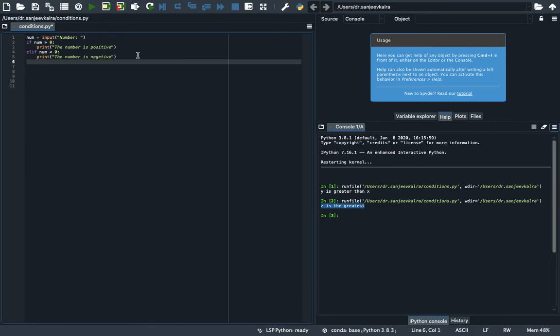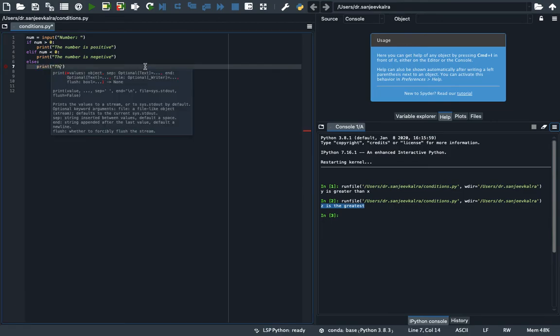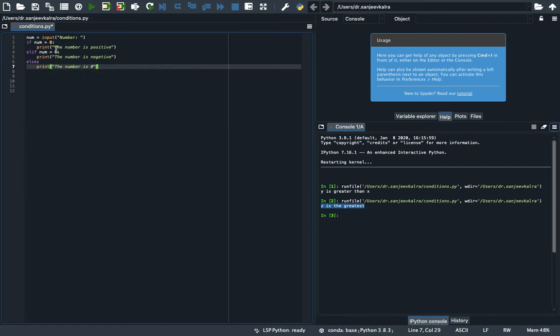And there's only one more possibility left, so we will put it inside else statement. Else we will print the number is 0, because if the number is not positive or not negative, so the number would be only 0. So let's run it.